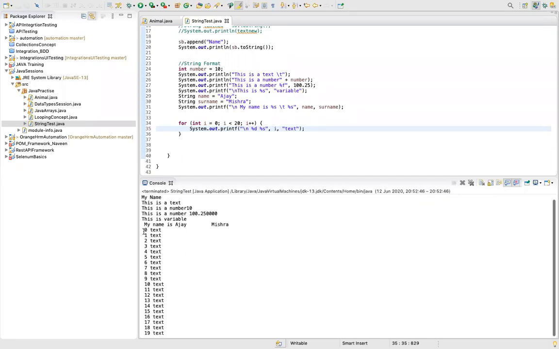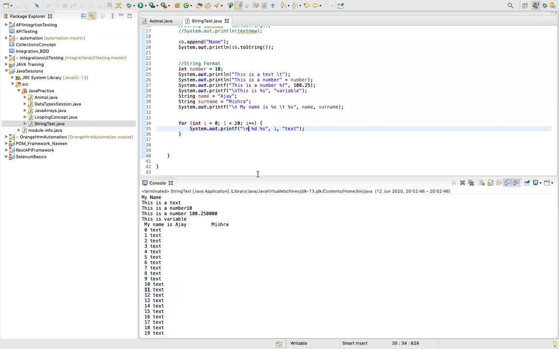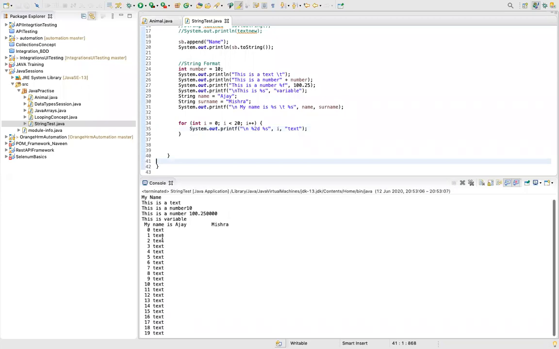Guys, can you see one thing? There is an alignment issue after number 9. It's shifting a bit because this is a two-digit number after 10. So what we can do is specify a number between the % and the d. Let's say I have specified %2d. Now see, I'm saying 2 spaces.